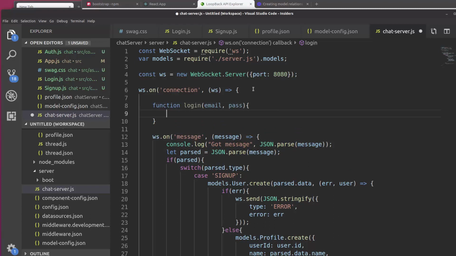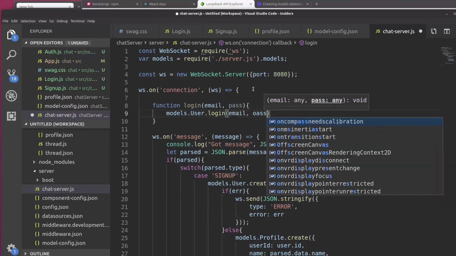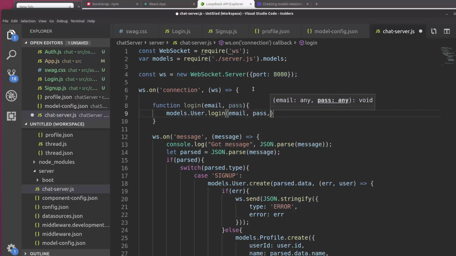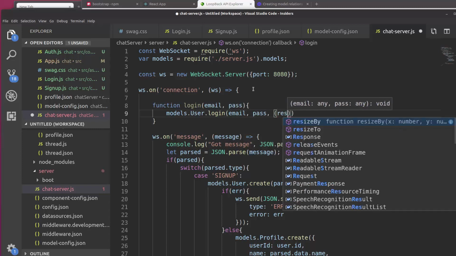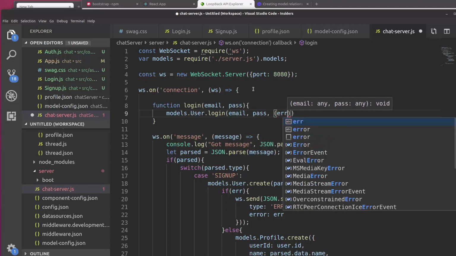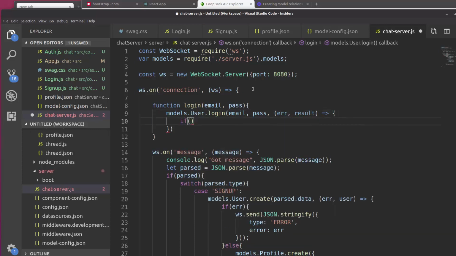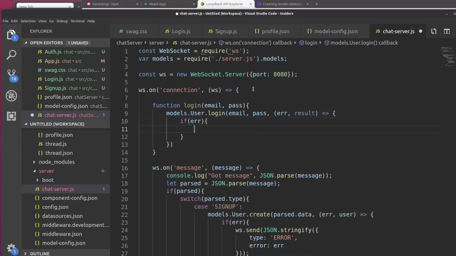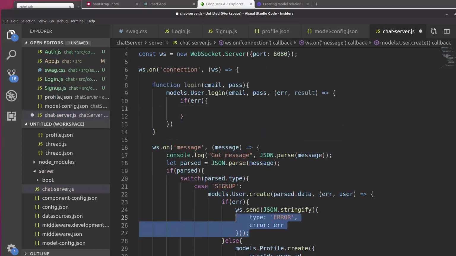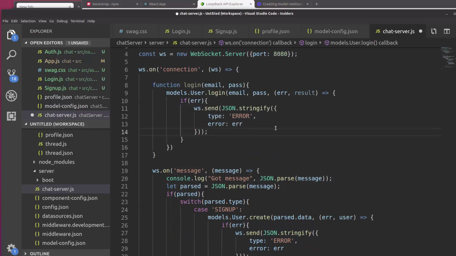So when we log in, what we need to do is basically call models.user.login. And we will send the email and pass, and error or result. If error, we'll just basically send this error. Else,